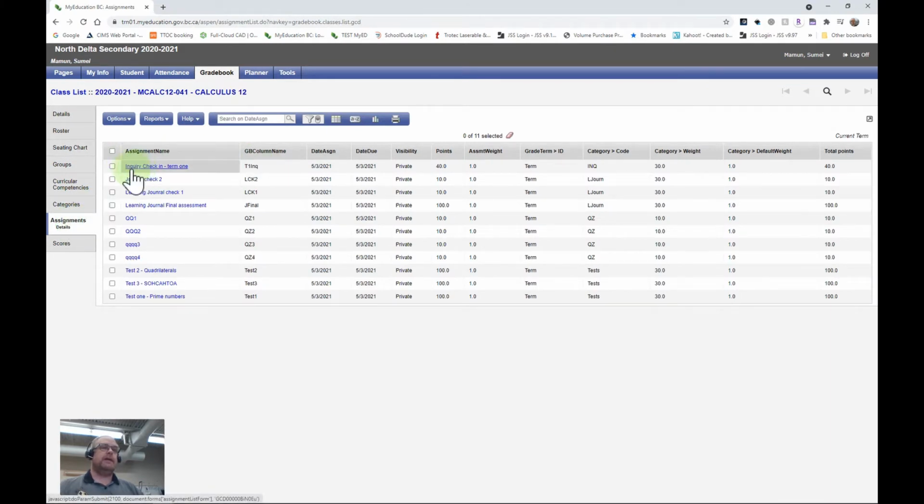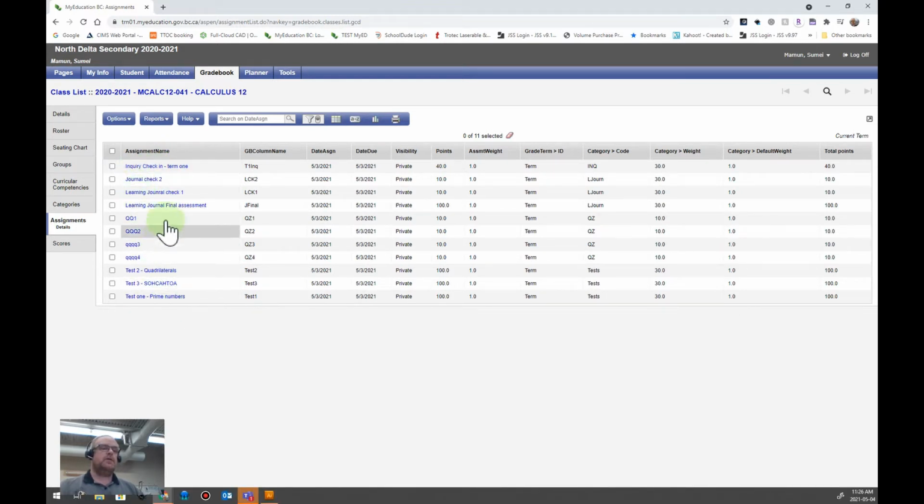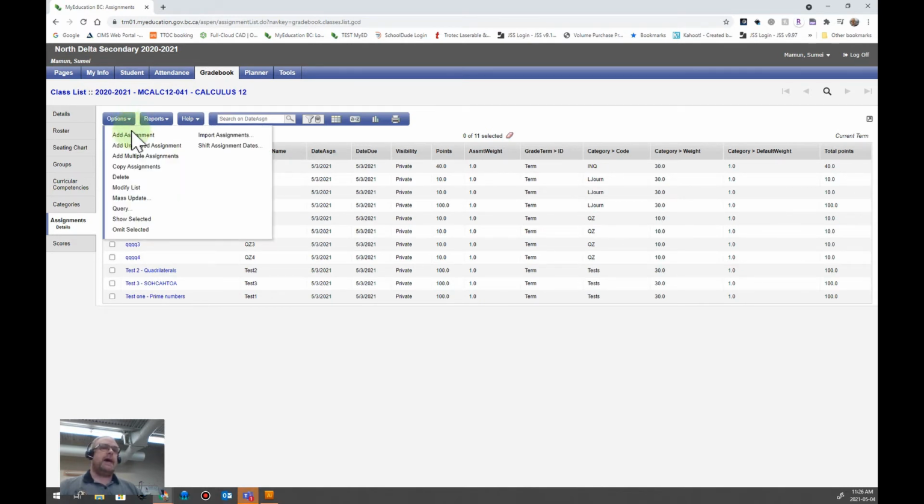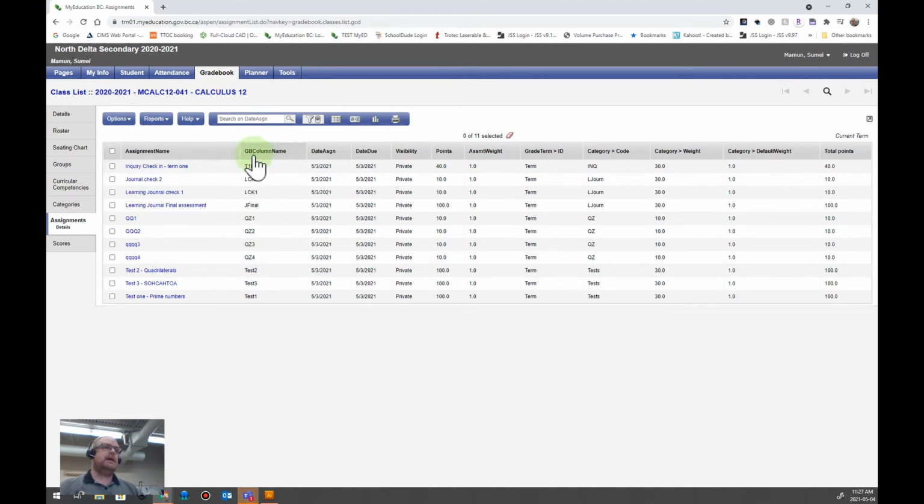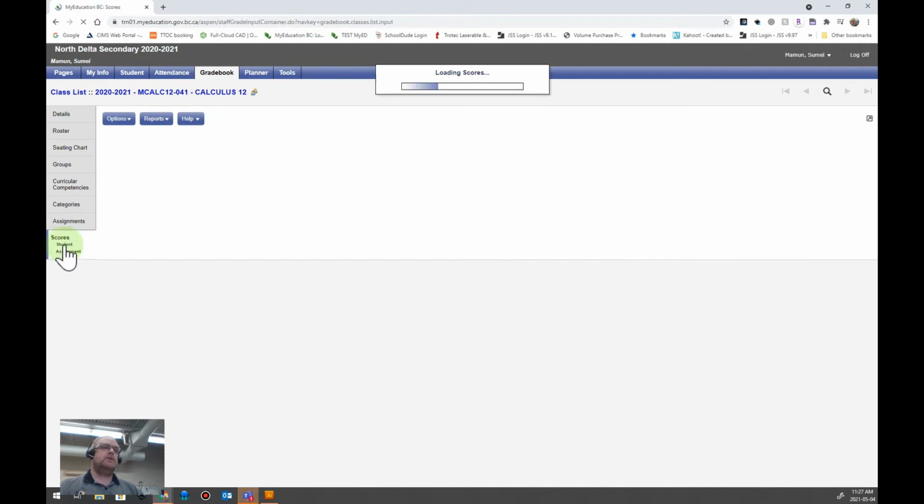Now again, I'm showing you a mature class, so something that I've entered a bunch of assignments for. You can input these assignments just by going add assignment or add multiple assignments. You can also copy assignments from other classes. But in this case, you can see I've created a series of assignments and populated their marks. Okay. So once you've created these assignments, and we'll have other videos on that, you can go to the scores